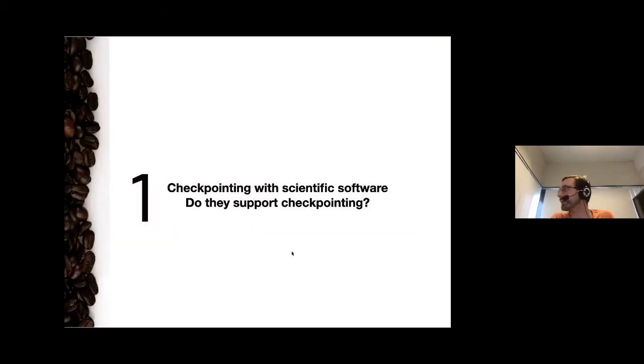Okay, so the first question, of course, is there are basically two types of usage of checkpointing, two types of how you use the cluster actually. Either you are a developer, which means you are creating your own program, and in that case, I will discuss that a bit more in detail later, it's your duty in some sense.